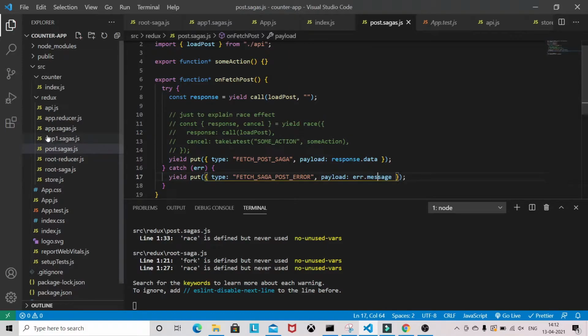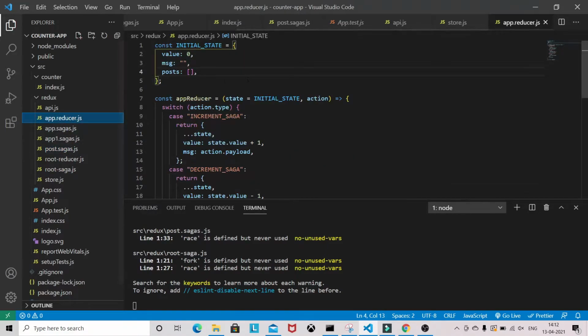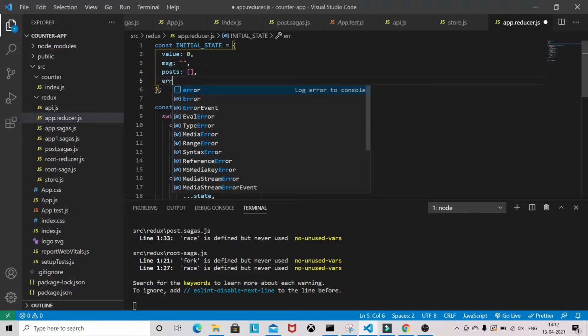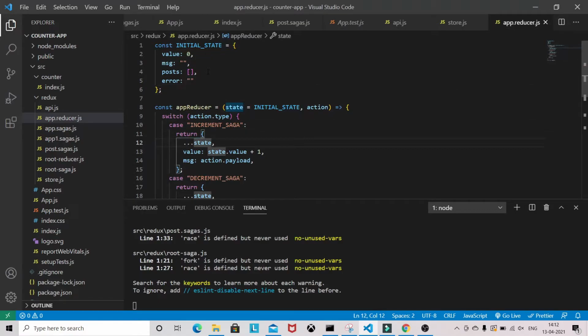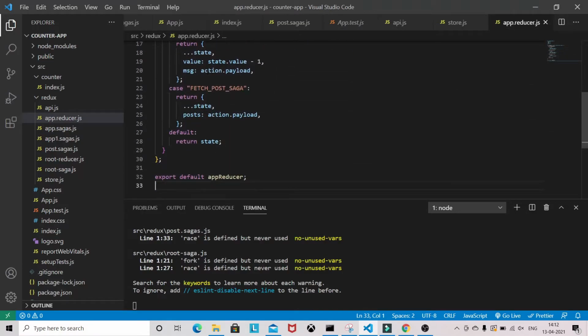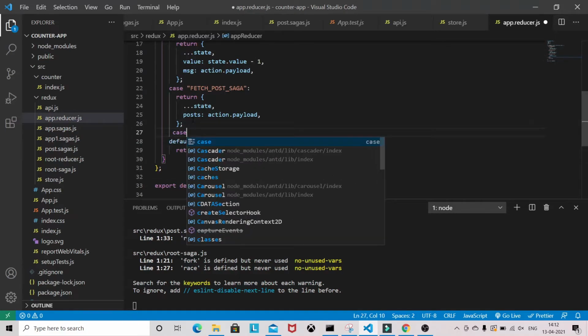Let's go into the reducer. I have initialized that error state, and I will add a new case here in our reducer.